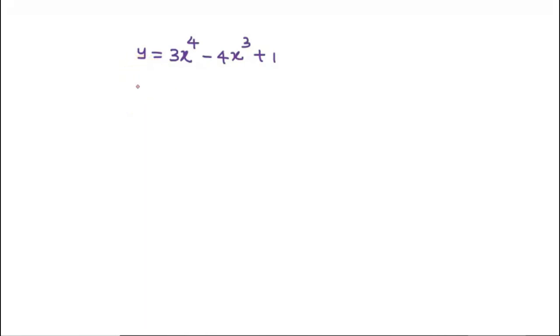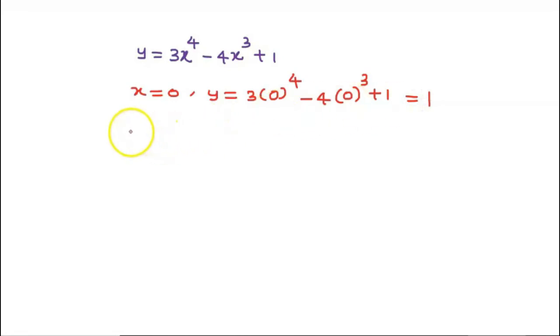Let us continue finding the corresponding y values for every x obtained in the earlier step. For that, the first x obtained was x equals 0, and finding the corresponding y will be simply substituting 0 into the function here, where we will have 3 times 0 to the power of 4 minus 4 times 0 to the power of 3 plus 1. This will give us a y value of 1. And for the next critical number, which was x equals 1, the calculation of y will be 3 times 1 to the power of 4 minus 4 times 1 to the power of 3 plus 1,